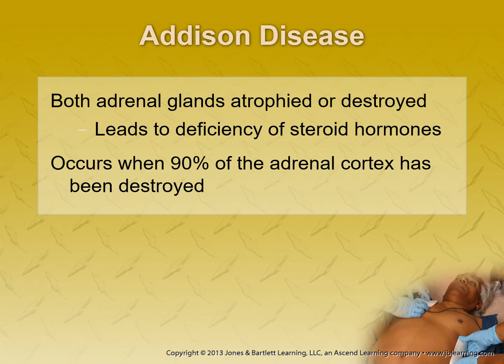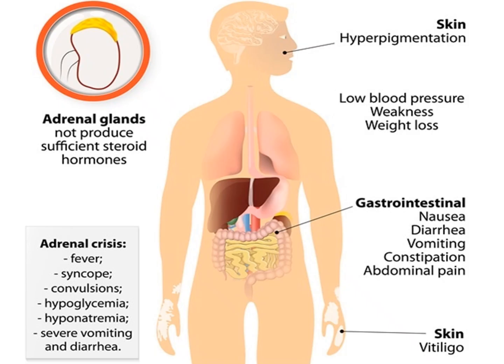Again, now we're getting some structure and function problems. It occurs when about 90% of the adrenal cortex has been destroyed. Both the adrenal glands are atrophied. And so the things that we'll be looking at are hyperpigmentation of the skin, a low blood pressure, weakness, weight loss. You see under the GI there, nausea, vomiting, diarrhea, constipation. You can get both sides there, abdominal pain. And then when you're talking about an adrenal crisis, then we have fever, syncope, all the way to convulsions,